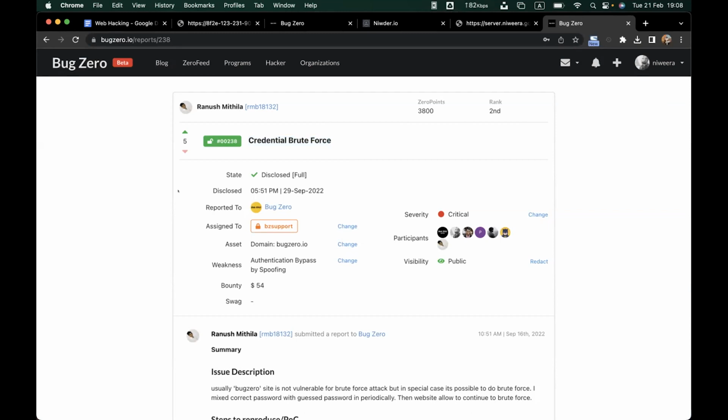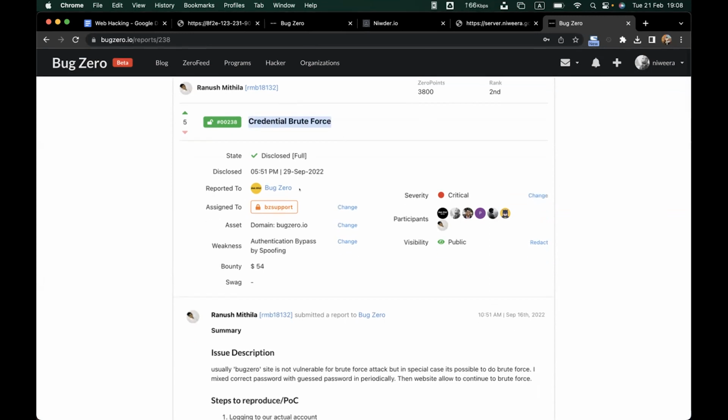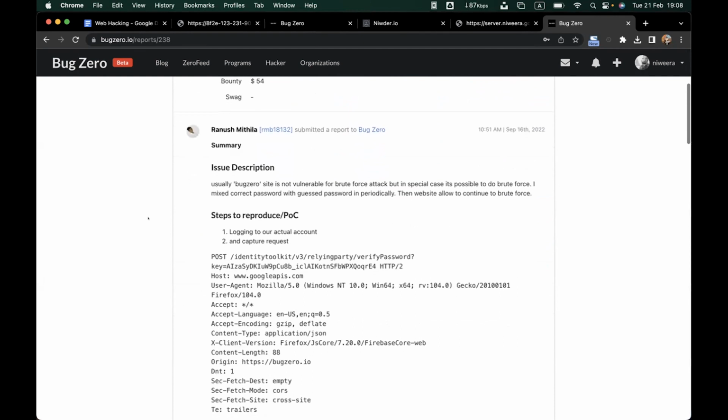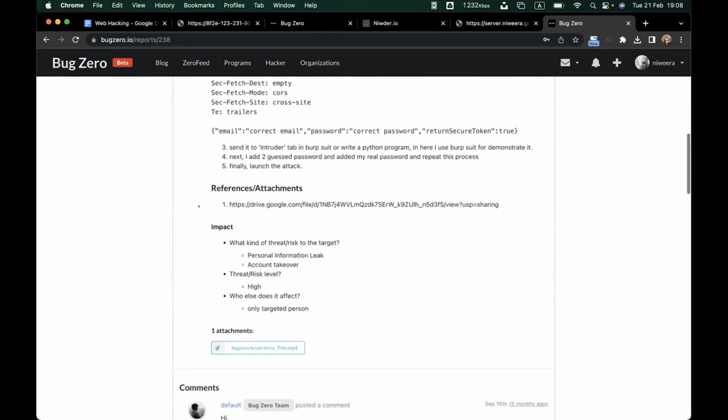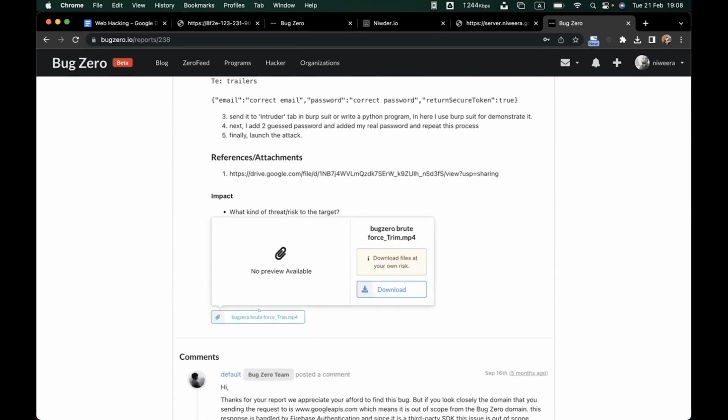So in hindsight, what the hacker has done is, he mentioned the report title, then he selected the severity of the vulnerability as critical, and then he mentioned the asset, and then he mentioned the weakness, and then he added the description and how we are going to reproduce this vulnerability, and then he has added a POC video.